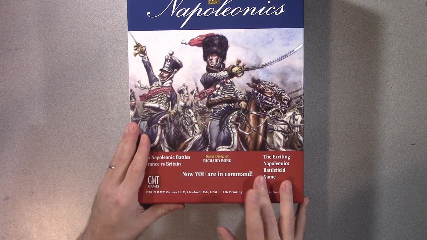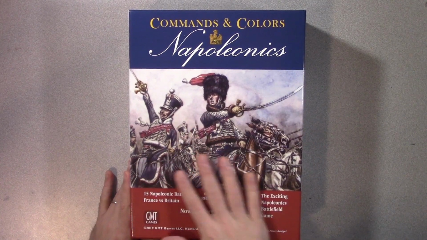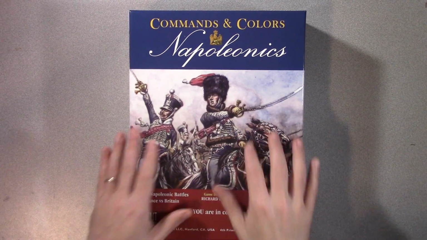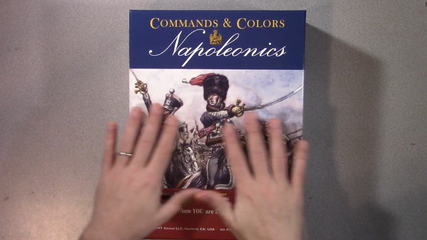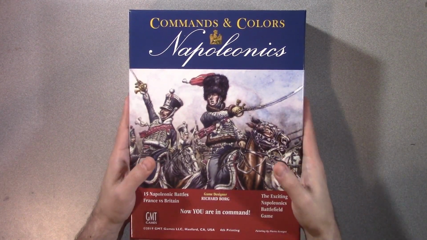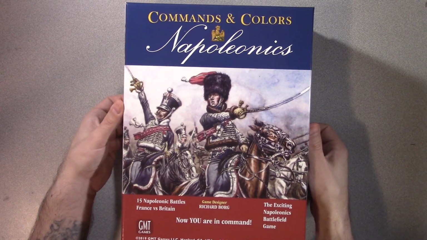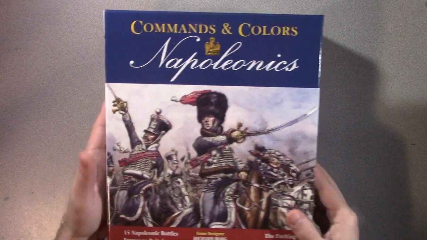And my understanding is the fourth printing pretty much is the third edition, just maybe with some updates, but pretty much it's just the fourth printing. It's not a remake of rules or anything like that. So let's pop it. Now my copy arrived, I was a little suspect because the shrink wrap was very loose,